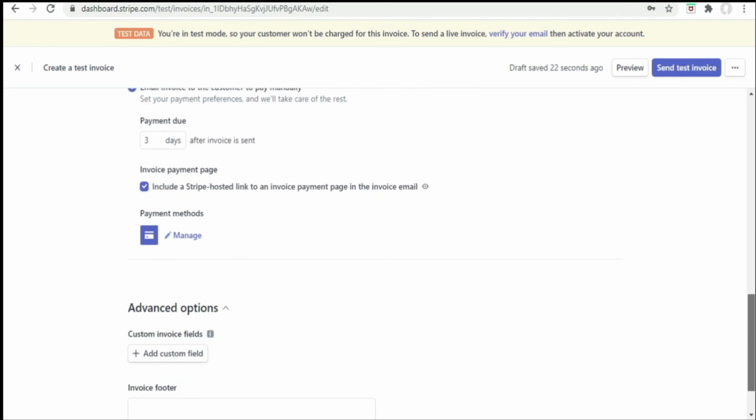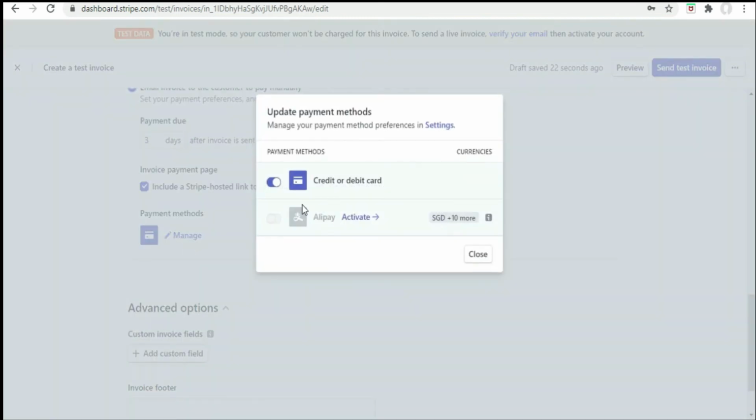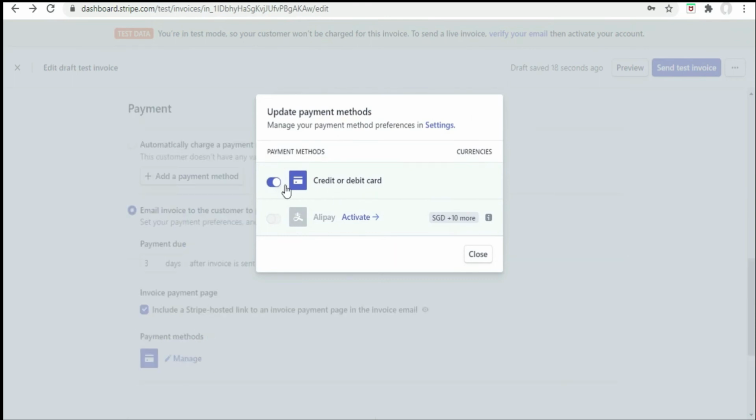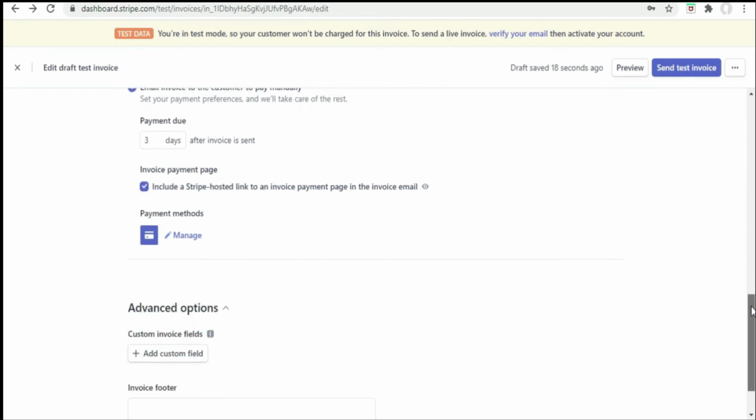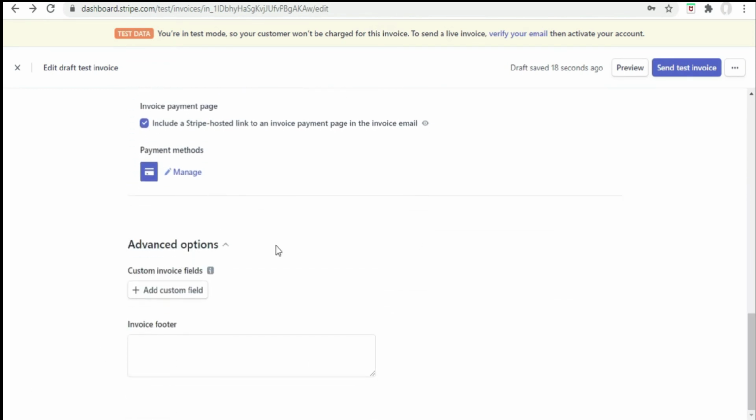Now once I come down, payment method, once I click here, manage credit card or debit card, it is credit card or debit card only. And then once you come down, again, I don't use this advanced option. If you want to use this, you can create any customizable invoice field, and then you can add those details. And the invoice is ready. All I need to do is send the invoice.